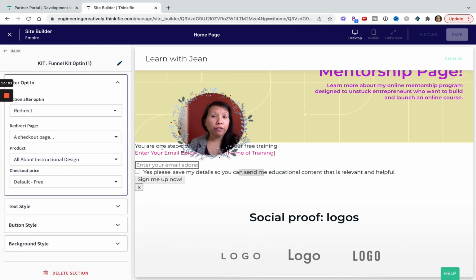Then the next thing I want to do is show you that this is really important. So this is the first step where a buyer or potential customer sees your lead capture and wants to sign up. And then this sort of tells them what they want to happen after. This is what will happen after the first step of the opt-in. So let's just say they click on sign me up now. The cool thing is that you have so many ways to customize this for the after step 2, which is